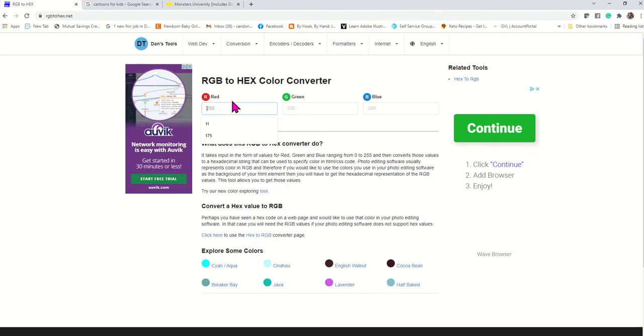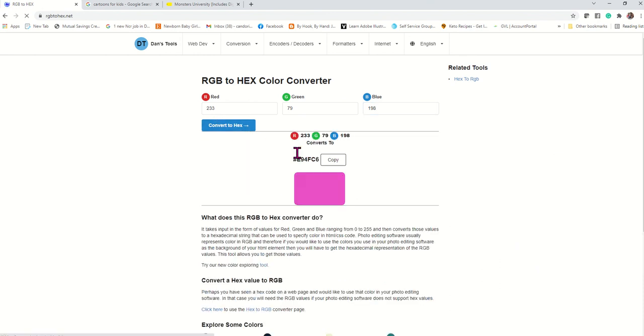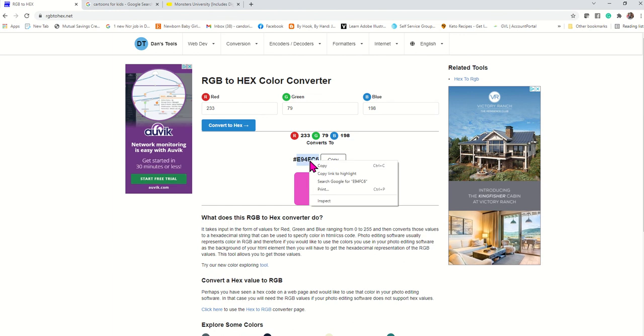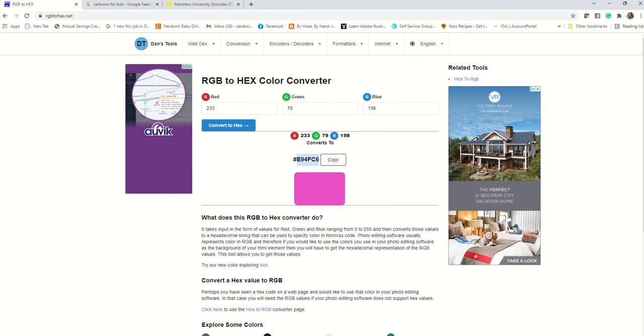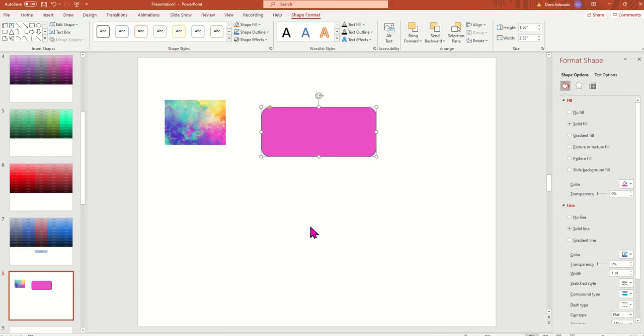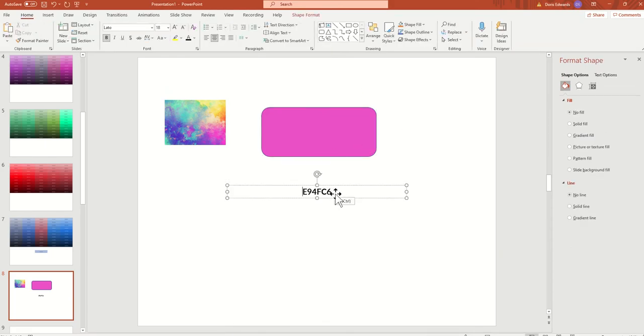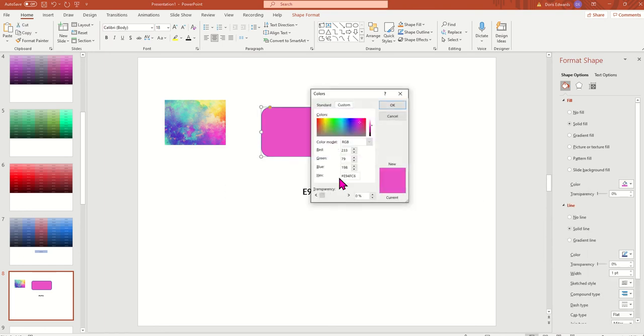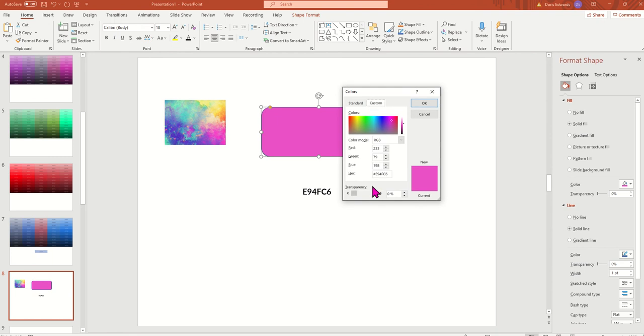If I don't have access to the hex code, I can come here and type in those numbers, 233, 79, and 198, and then select Convert to Hex. When I do that, it's going to give me the hex code. So if I take that and copy it, and now I go back to Microsoft PowerPoint, this is the number that I got from the RGB to hex converter. And now when I go here, I can see if it matches. And it does,